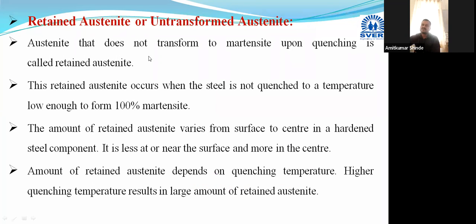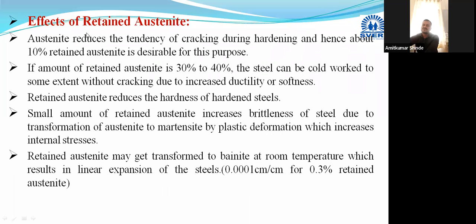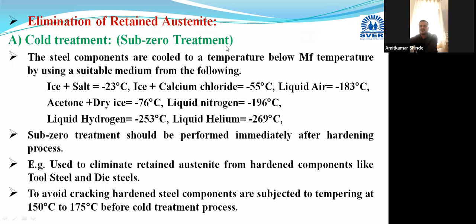Then the retained austenite, or untransformed austenite. Austenite that does not transform to martensite during quenching is termed as retained austenite. Its effect is that it will reduce the hardness and increase the brittleness when this austenite transforms to martensite by plastic deformation, or it may give some linear expansion in the steel if the retained austenite transforms to bainite. So it is very necessary to eliminate this retained austenite, and we can eliminate it by cold treatment or